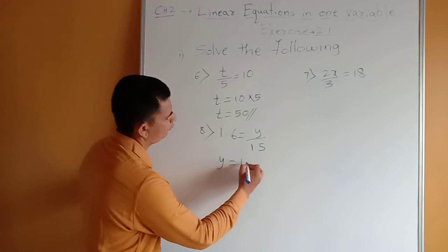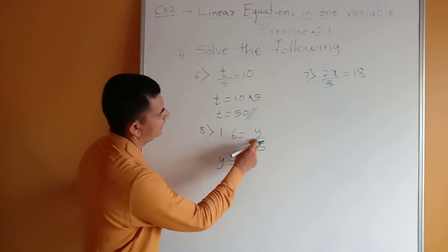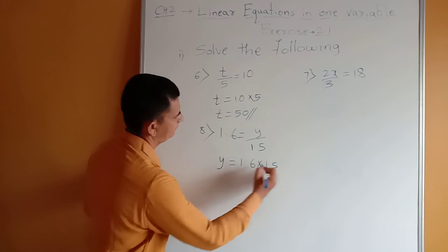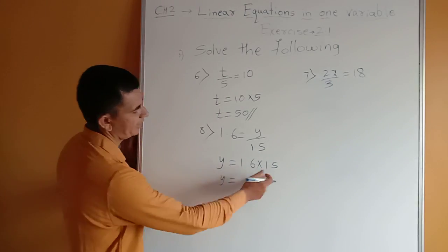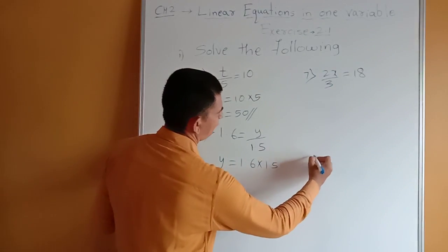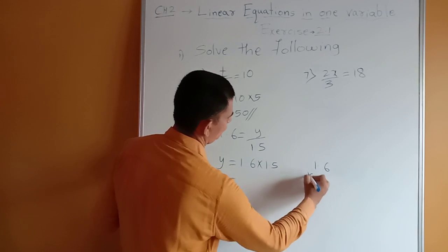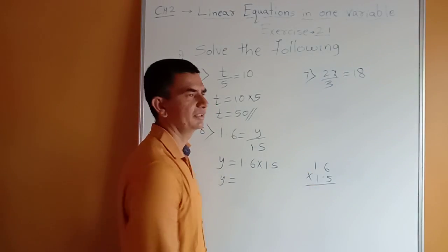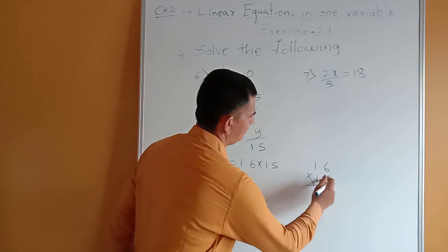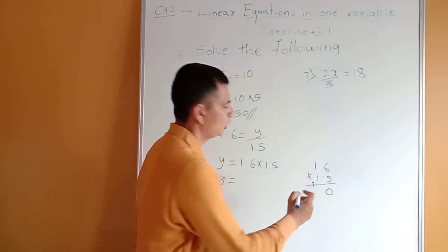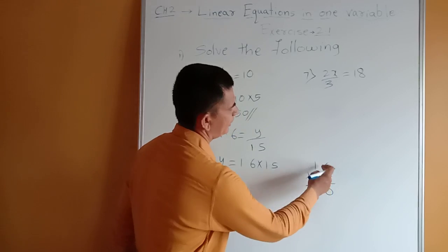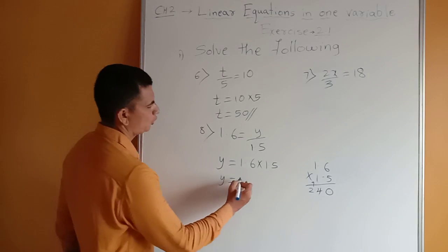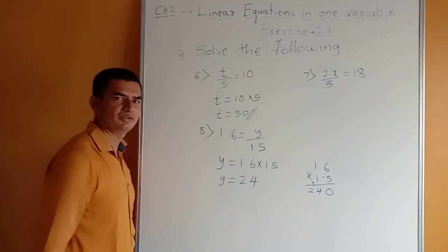Okay. Now 1.6, it is division here. If this comes to this side, it becomes multiply 1.5. Now y is equals to 1.6 into 1.5, we have to multiply. Here you can take 15 6s are 90, 15 1s are 15, 15 plus 9, 24. So 2 places are there, after 2 places I am going to give the point. So we can write here 2.4.